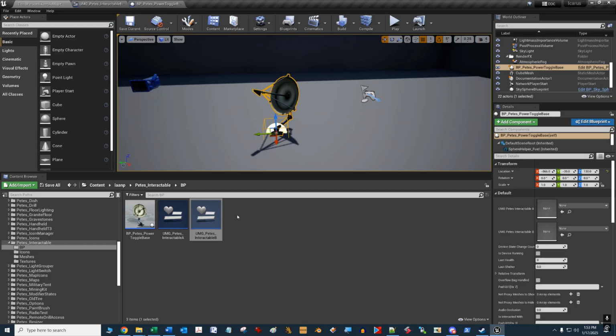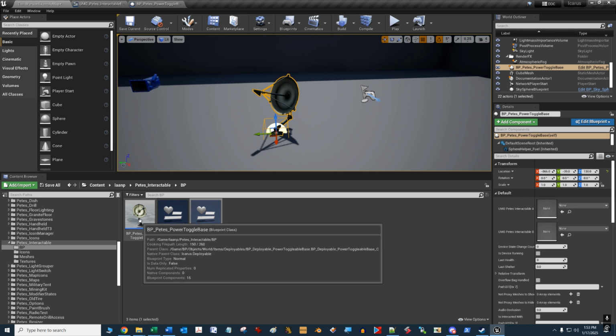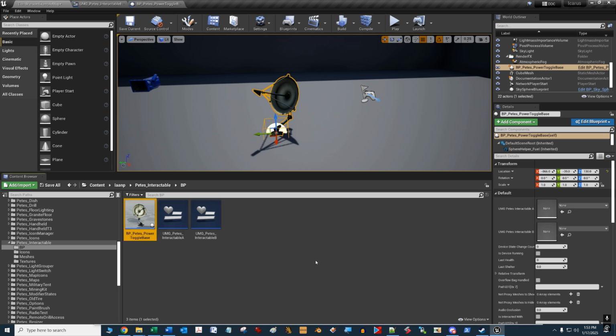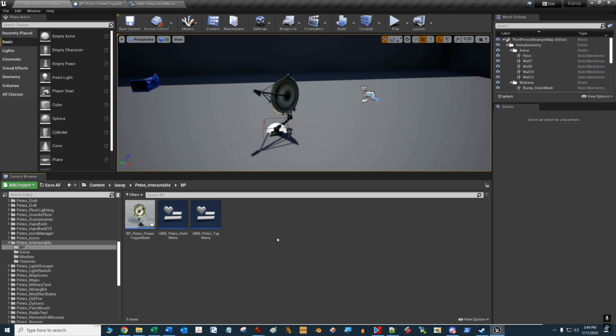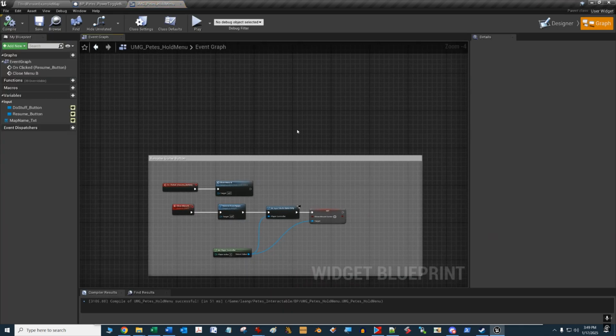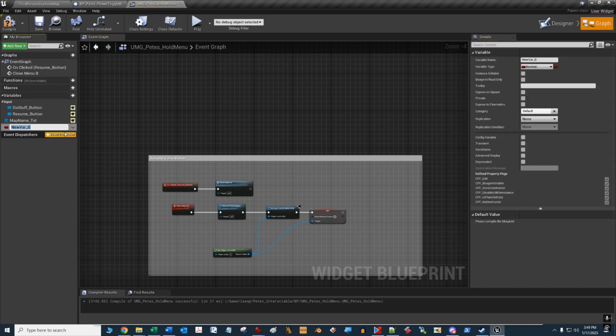Normally, without setting this up, the widget calls will not work, and you'll be scratching your head like I was because there's no warning or indication that the call failed. It simply does nothing. So the first thing we're going to do is add a variable in